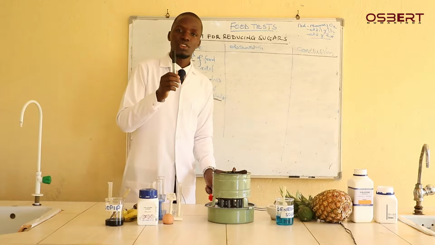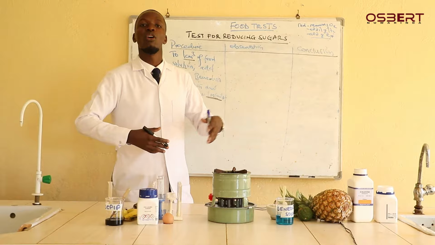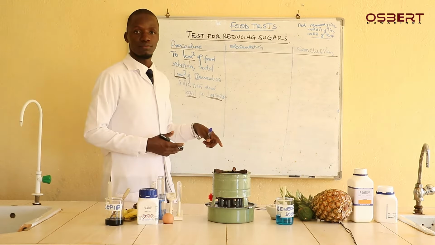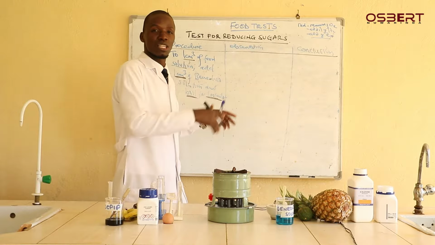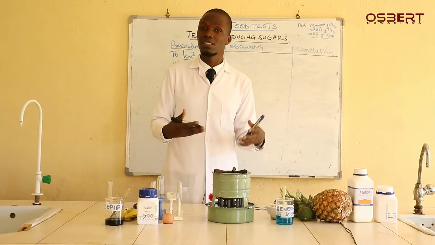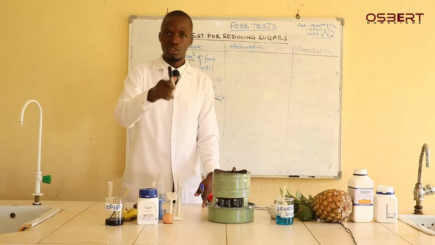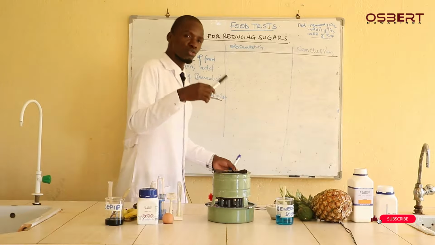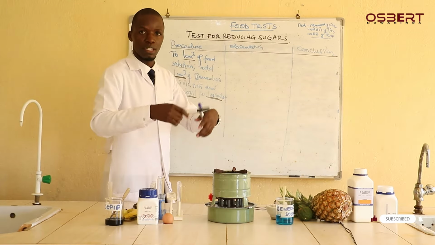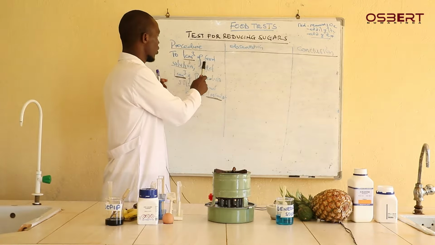Now, one thing you need to know is that as far as the advanced level is concerned, or even the O-levelers in the new curriculum, you are requested to write these procedures by yourself. So when you're writing them, you write them in reported speech. That means you write them in the past simple tense. If you're reporting what you did, for example, you have made a practical and now you are reporting what you did, you would say, to 1 centimeter cubed of the food solution,